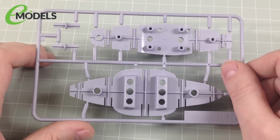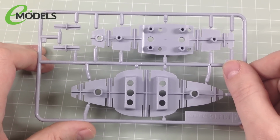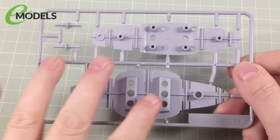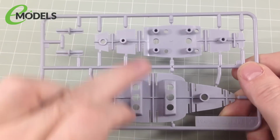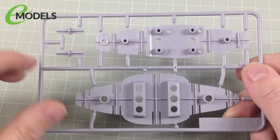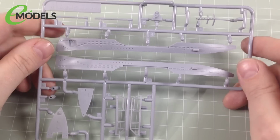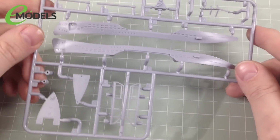But because it's a push-fit kit by design, it's colour coordinated. So the first two sprues are this beautiful sky grey colour. Now this is purely internal, this one. Doesn't need to be any colour. These are just purely internal reinforcement parts that the hull will stick to, and so these little pegs that hold the two sides together. Next we have the other light grey sprue,